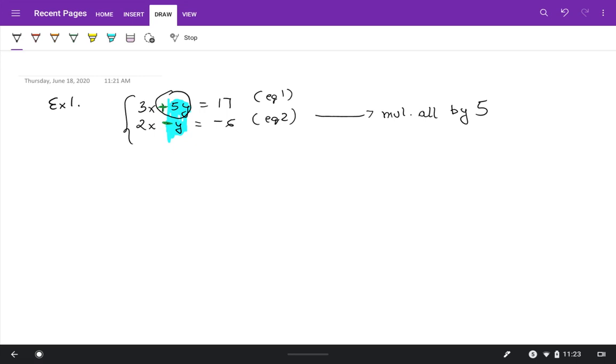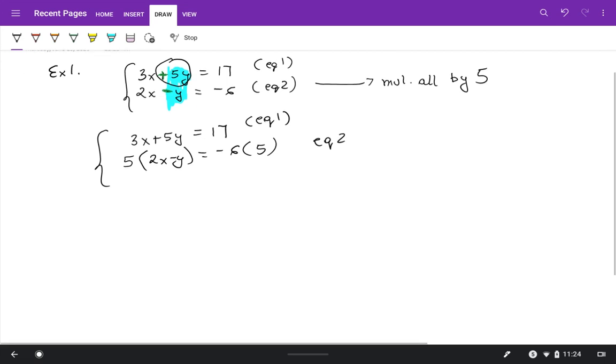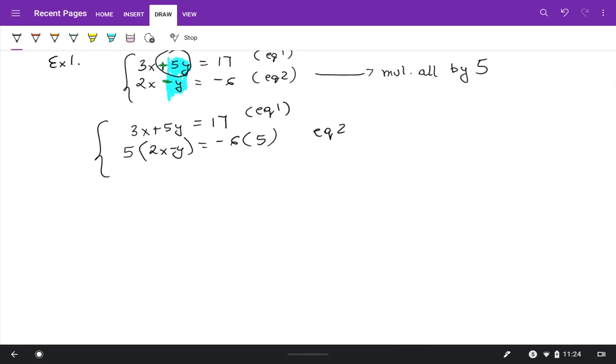So I'm going to rewrite equation 1, which is 3x plus 5y equals 17. And I'm building equivalent equation 2, which means I multiply the left side of equation 2 by 5 and the right side of equation 2 by 5. Again, this is equation 1, and that's equation 2. So let me simplify equation 2. When we simplify, we will end up with